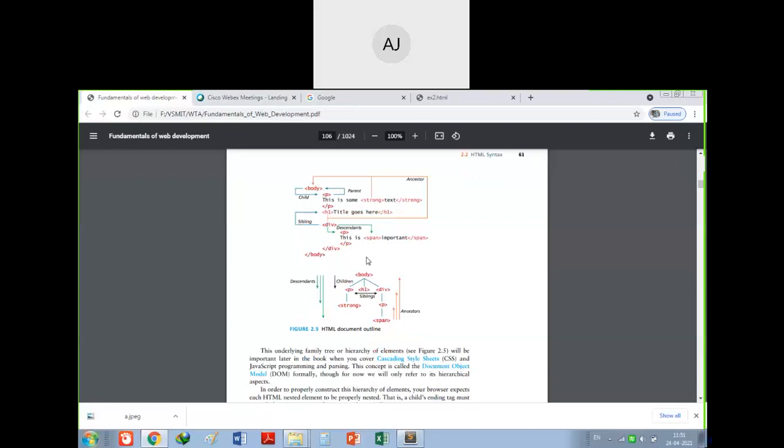So this is the example you can see. Body is there, within the body two or three tags have opened, and in the last class we have seen the binary tree for your elements. But here it is not a binary tree, it is ternary, three children are there. So one is P, H1 and then div. Okay, so you can see these are the descendants and these are the ancestors. So whatever HTML we are processing, it is just like a tree structure in order to process it clearly. In detail we will study the document object model in the next chapter. Is it fine, guys? I hope you are understanding, and it is very easy. Even we have completed this in the last class.